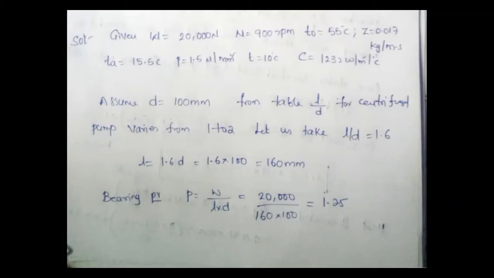The P value especially, normally bearing, and you have one more doubt. Actually, the bearing pressure value of 1.5 is given in your data. So based on that, this value is correct, because your value is only 1.25. If you consider the values of L and D, this value is 1.25, which is within the limit of 1.5. So your L dimension and D dimension are correct. Okay, fine. Now, please move on to the second one.